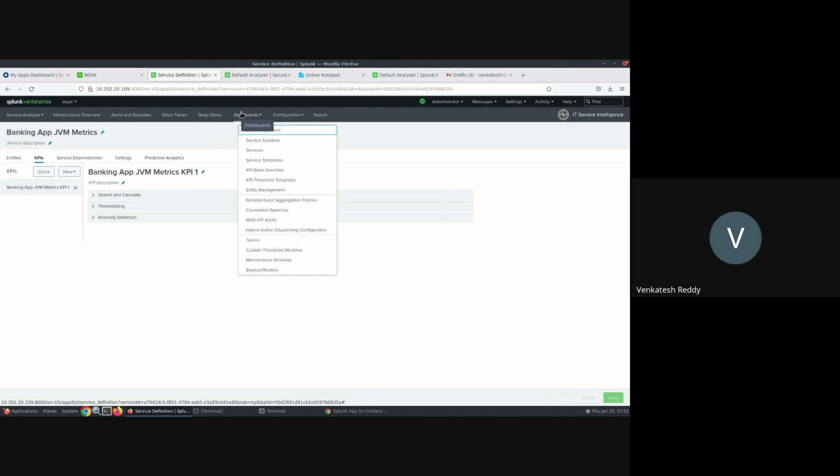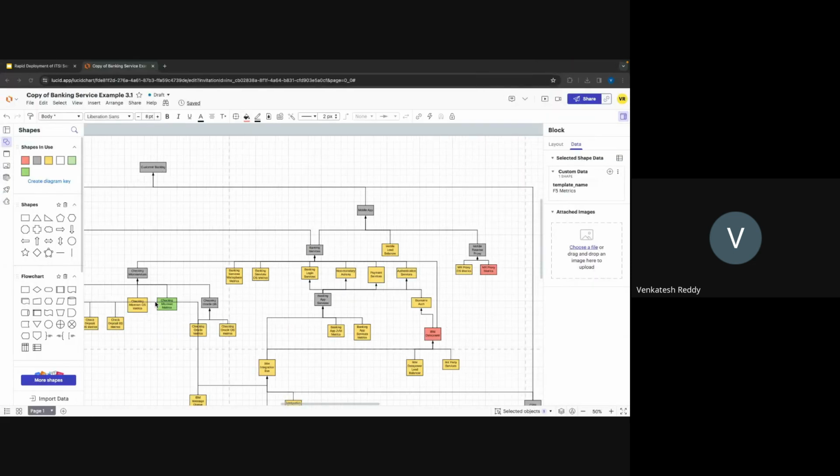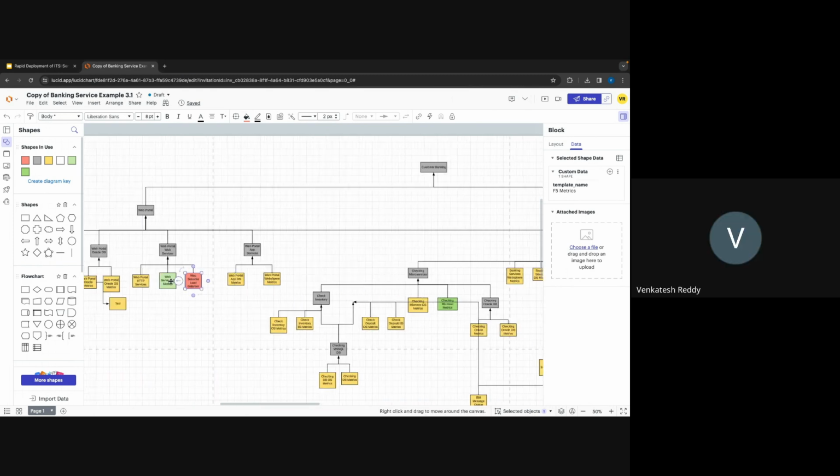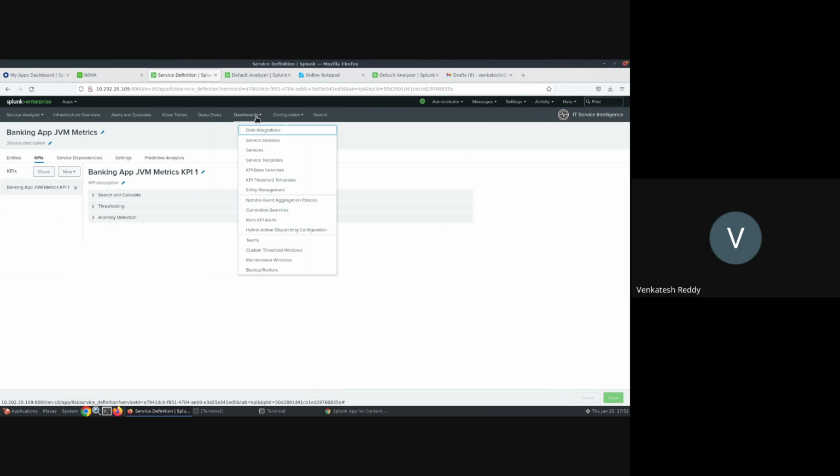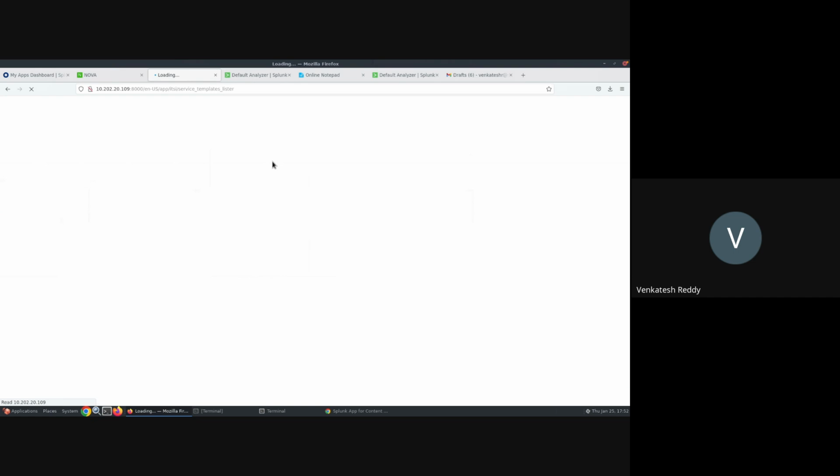Let me show you that one. So you're talking about this one, right? You said the Linux host metric, OS metrics, and the host rule. Why are we not showing that one on the glass table? I mean, on the service analyzer, right? The reason is, here I created the template, but in my real scenario here, I don't have those service templates. To get those service templates, I need to add the content packs.